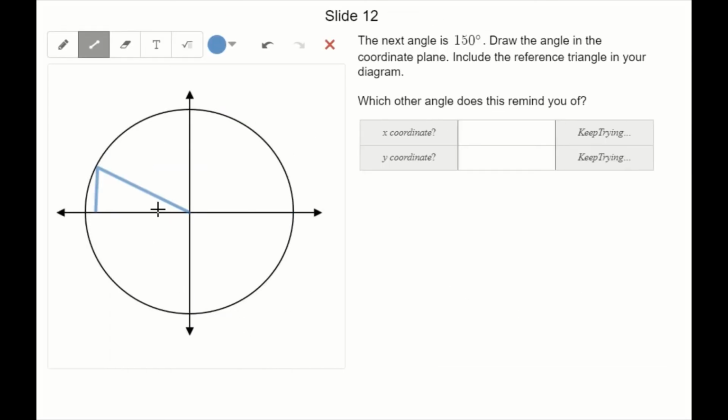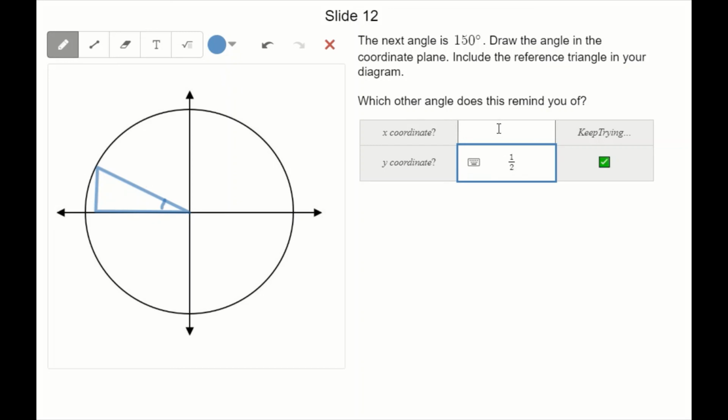So there's my 150. On this one, it's slightly different. I know I'm looking at the sine of 30 to do my y value. So the sine of 30 is going to be this height. It looks like 1/2. And then the cosine of 30 is negative square root of 3